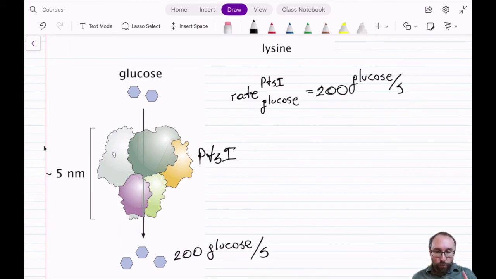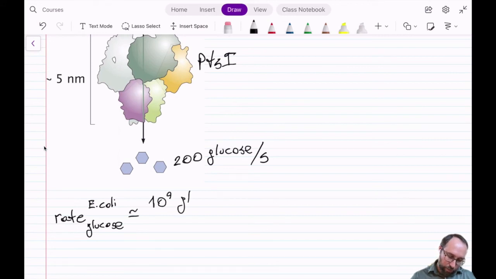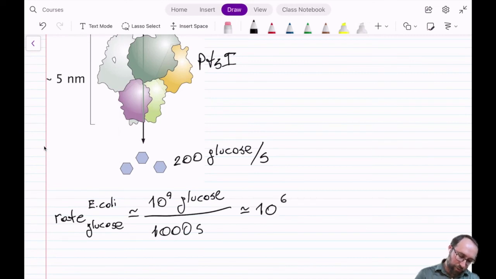Okay, but now we need to remember one thing. It's not just about bringing 10 to the 9 glucose molecules. You need to bring them in the time it takes to make a new cell, right? And what's that time? That's on the order of 10, 20, 30 minutes in E. coli. So what I'm trying to say is that the rate with which I need to bring glucose molecules in E. coli is going to be 10 to the 9 glucose. And if you've got a division time of like 10, 20 minutes or something like that, it's on the order of 1,000 seconds, which means that we need to bring in 10 to the 6 glucose molecules